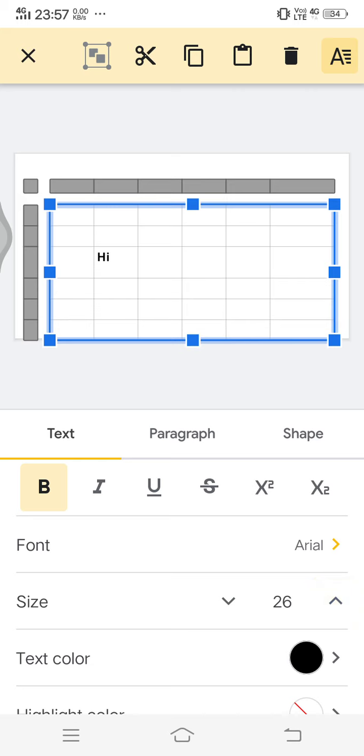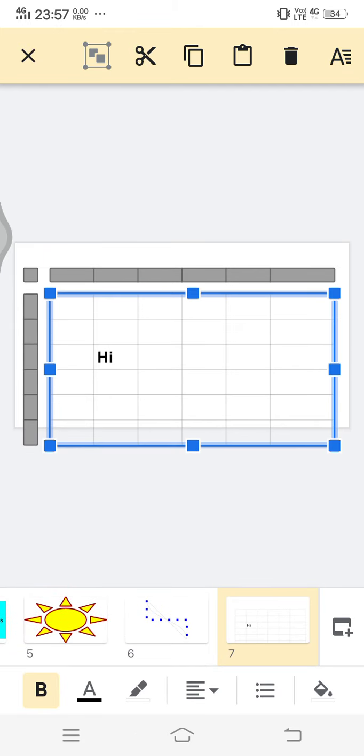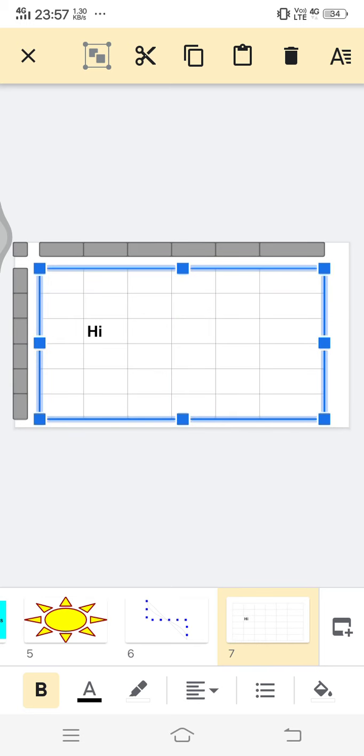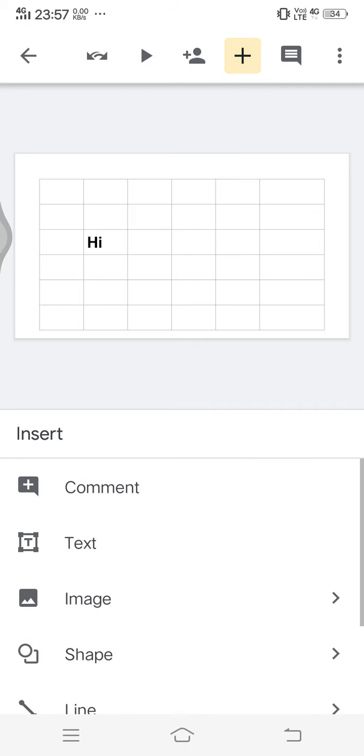You can change the font to whatever and do whatever is required. So that's all about the table, how to add the table, how to add text, how to edit the text, how to make the columns and the rows bigger. That's what we've seen.